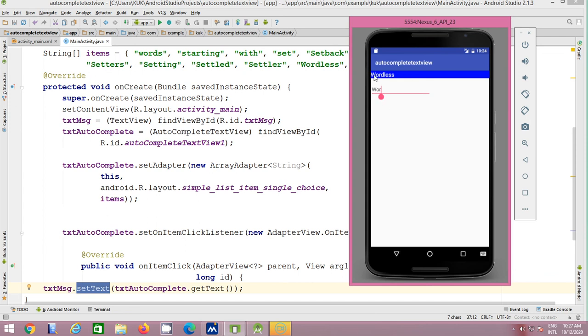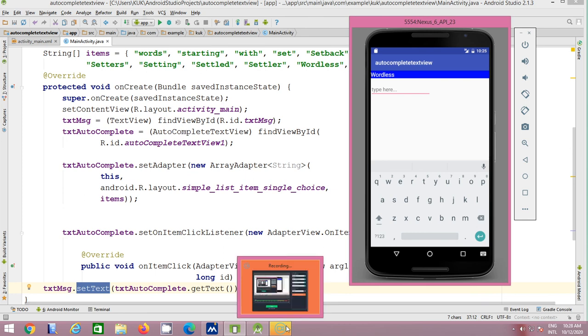According to the value selected by the user, that value is also changed in the text view. Hope it is clear to all of you.